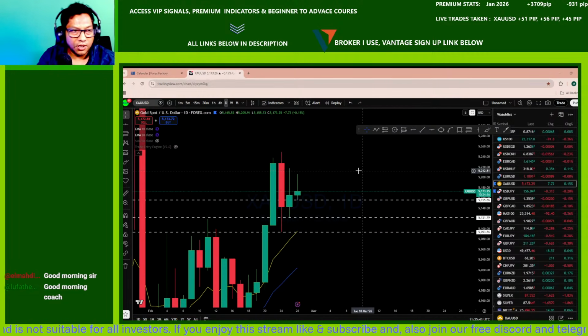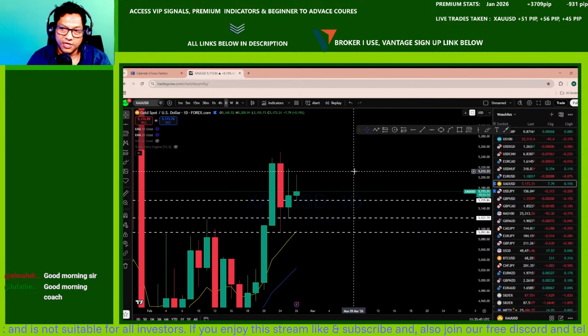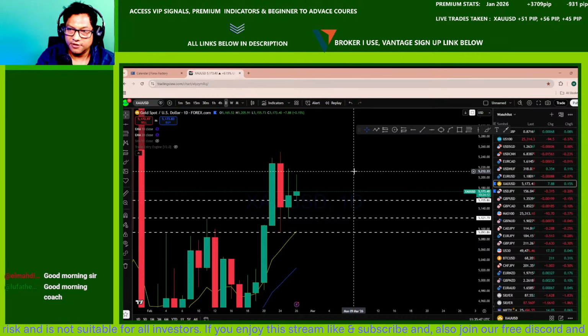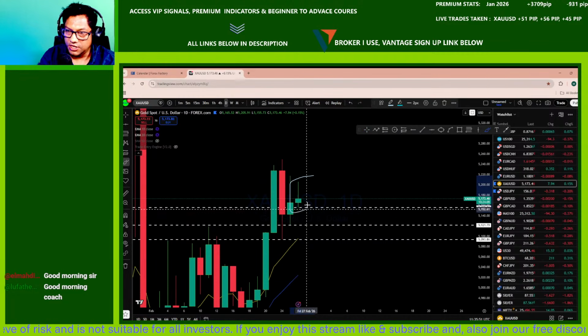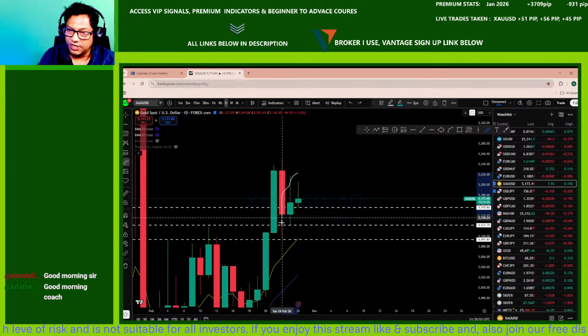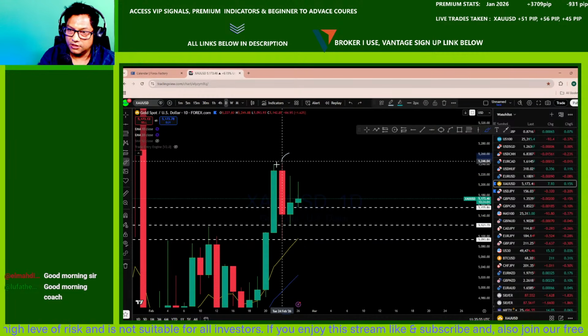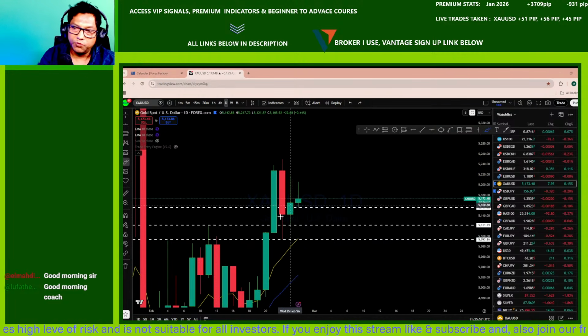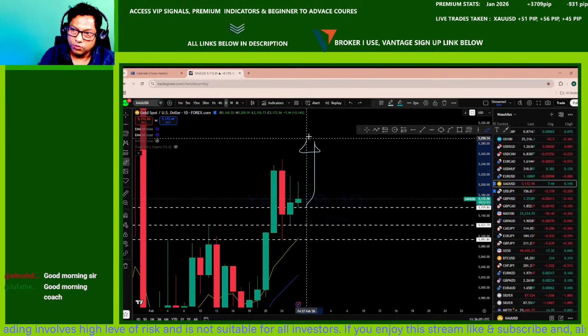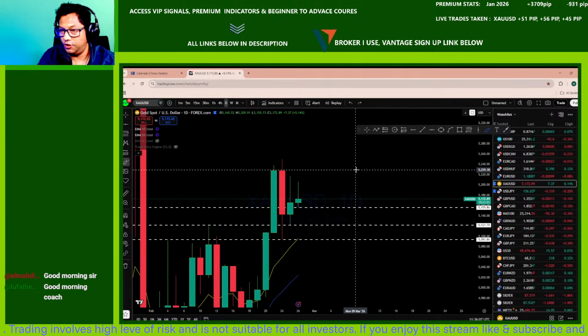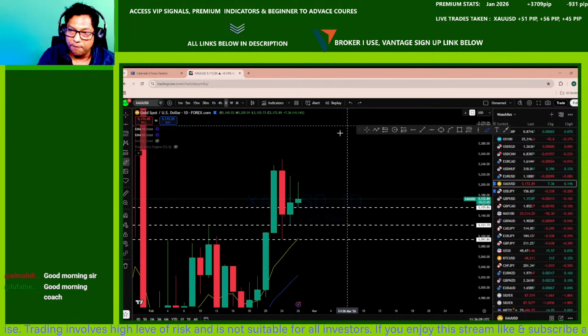Now these 3 are key daily support levels that you are looking at in those areas. This is the daily support. There is another daily support. There is another daily support. Back to back, 3 important daily support levels. And of this important daily support, you are looking at the market to potentially move up off this level.